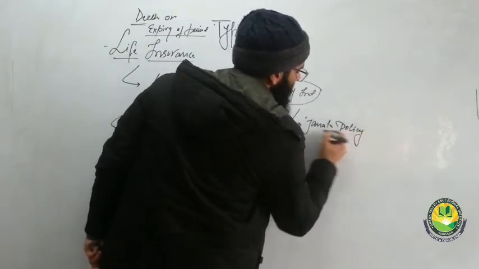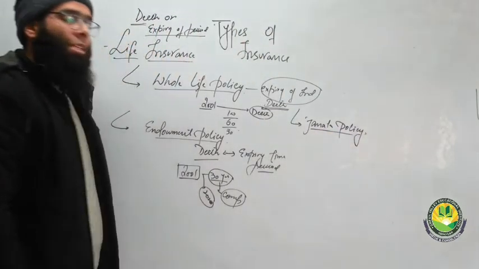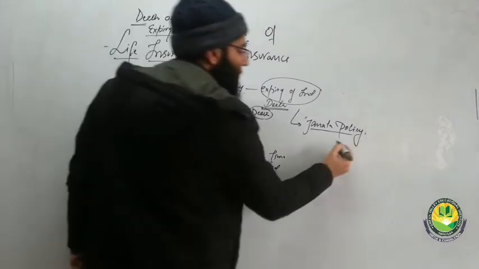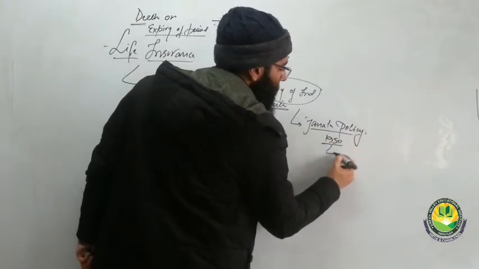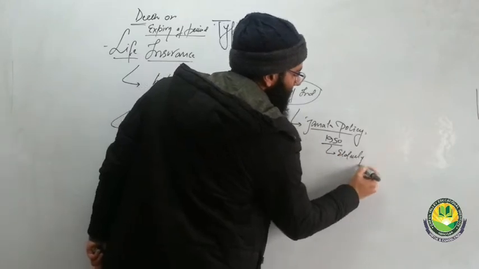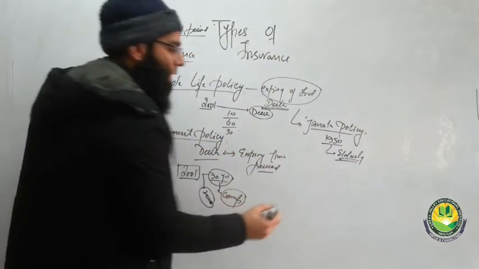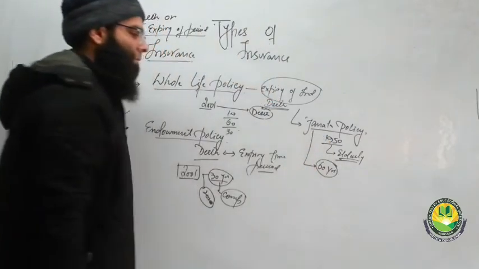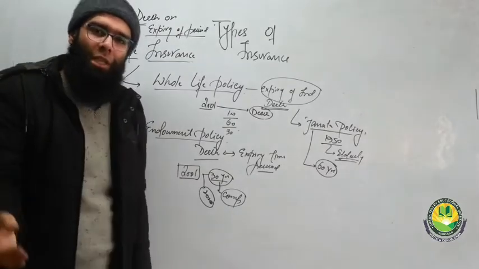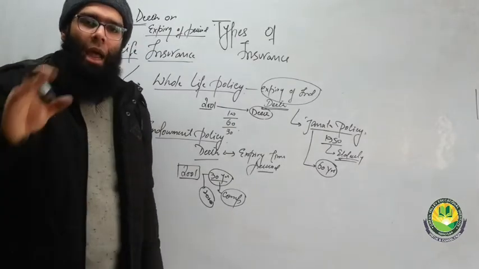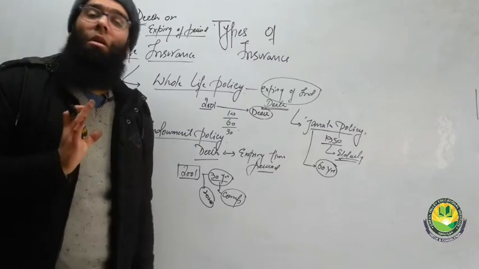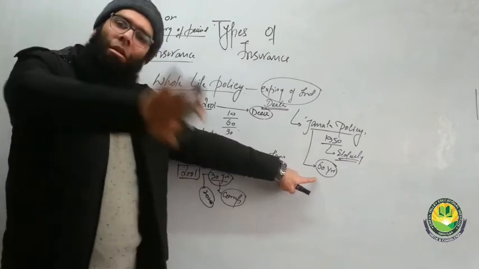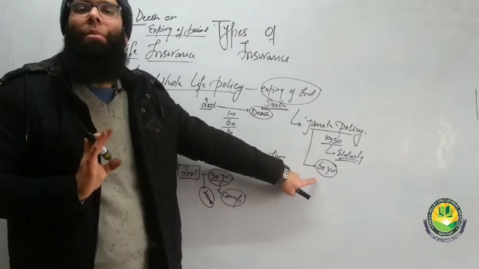Janata policy was a specific policy, or a special policy, that was introduced in the 1950s, and it was focused towards elderly people. This policy shall mature at the age of 60 years. So when that person reaches the age of 60 years, this policy will mature and he shall be given the amount. But in case the death occurs before 60 years, then also the insurable amount shall be paid.